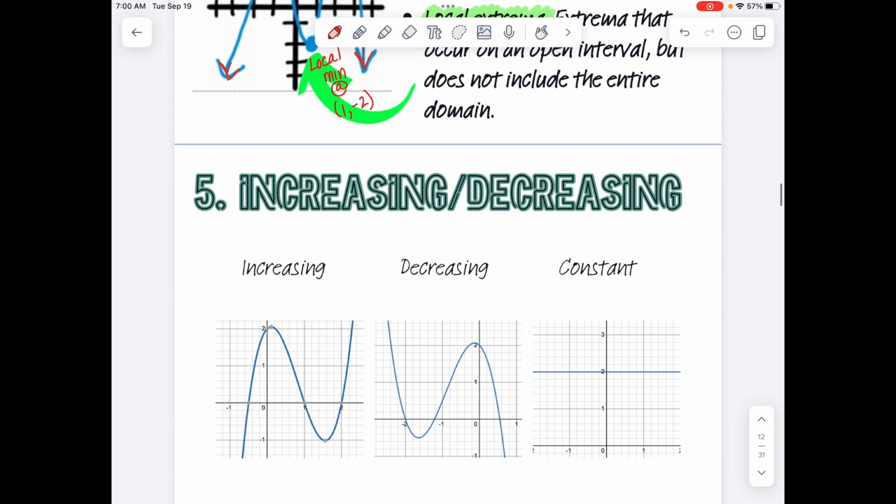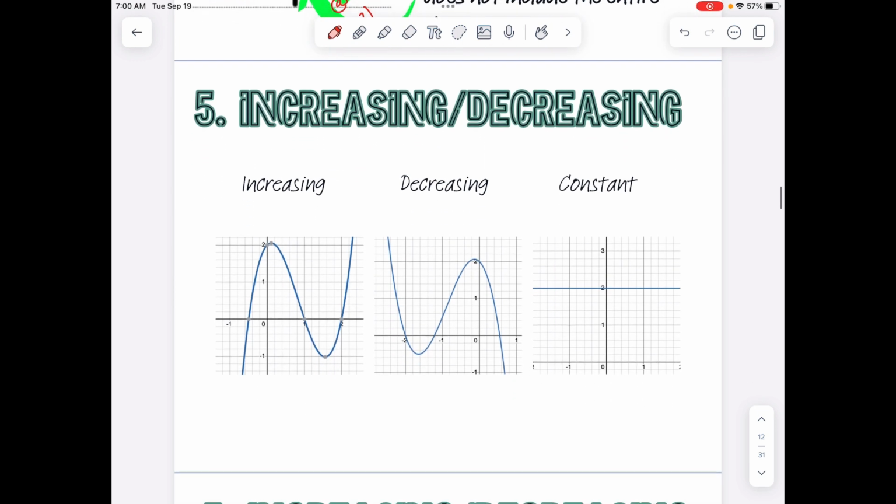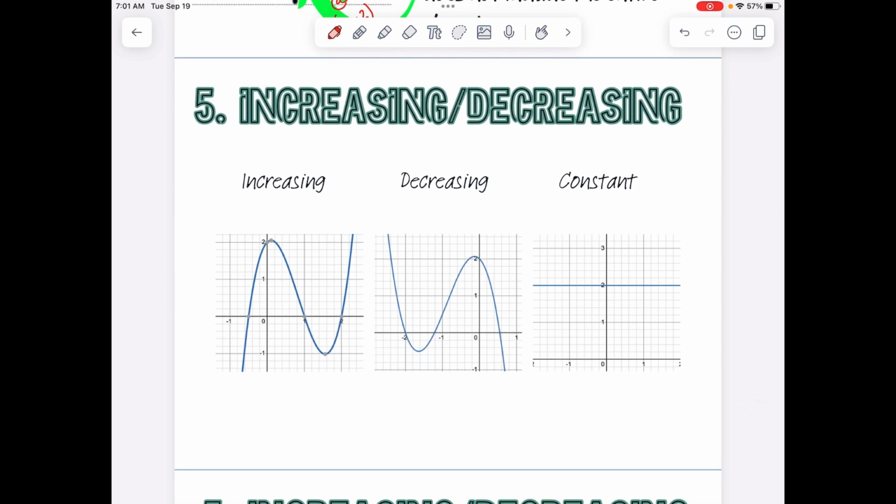Okay, here's where it's going to get a little interesting. In Algebra 2, we absolutely discuss increasing, decreasing, and it always is a point of confusion. But when we talk about increasing and decreasing functions, the increasing part talks about the y values. Okay, so y values increase